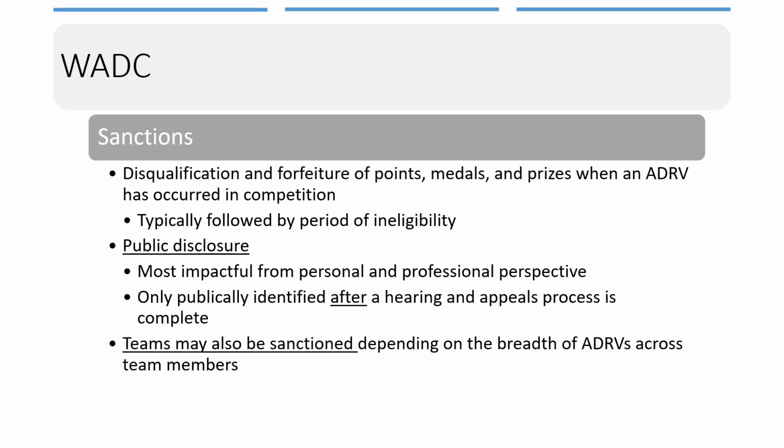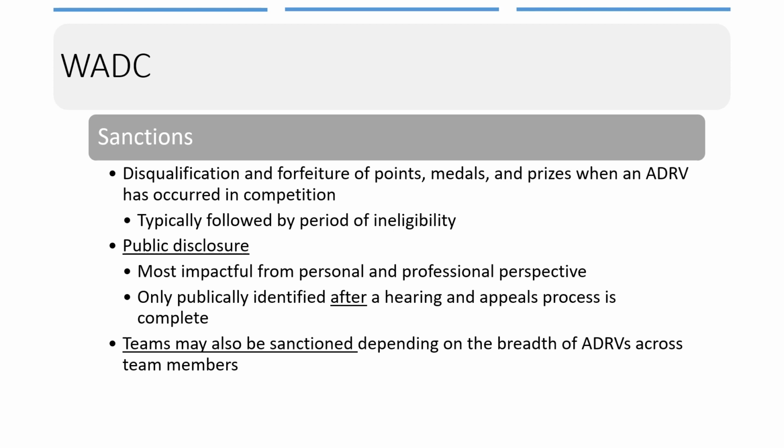So after everything is confirmed, what about sanctions? The punishments for doping. We've seen that for someone who openly admitted versus someone who keeps denying, the length of the ban from competitions varies significantly. So it is really very case by case, we can tell that. And when a violation occurs during competition, it first results in disqualification and forfeiture of the points, medals, and prizes earned in that event.